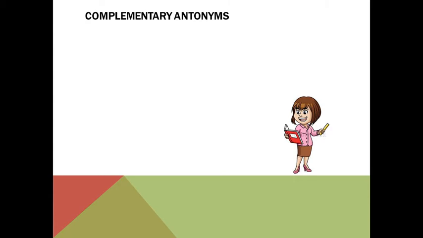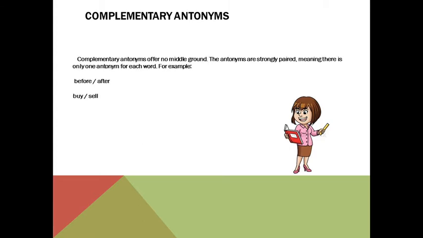Now let's get back to another subject, which is complementary antonyms. What is meant by complementary antonyms? Complementary antonyms offer no middle ground. The antonyms are strongly paired, meaning there is only one antonym for each word. For example, we can say before and after. Also buy and sell. From that we can understand that complementary antonyms are often called relational antonyms because a clear